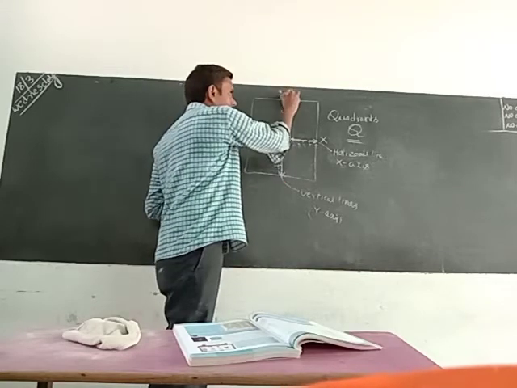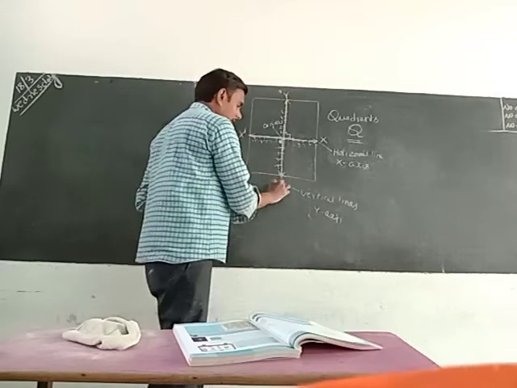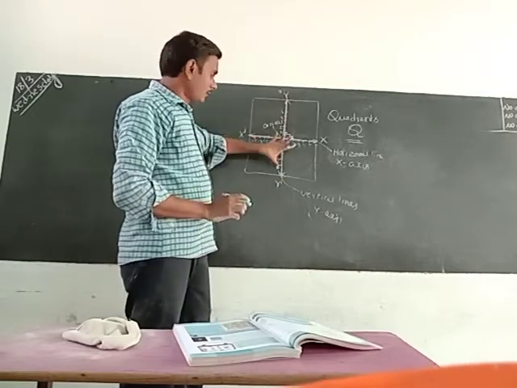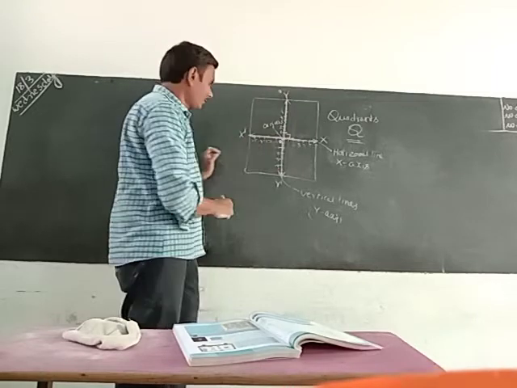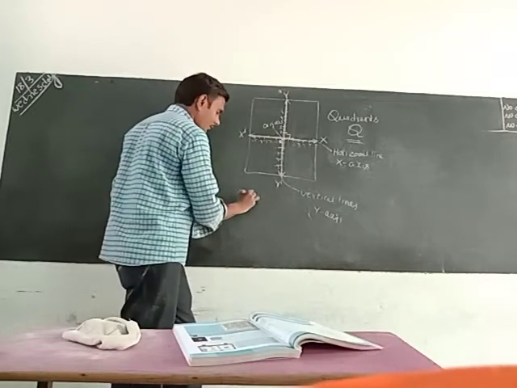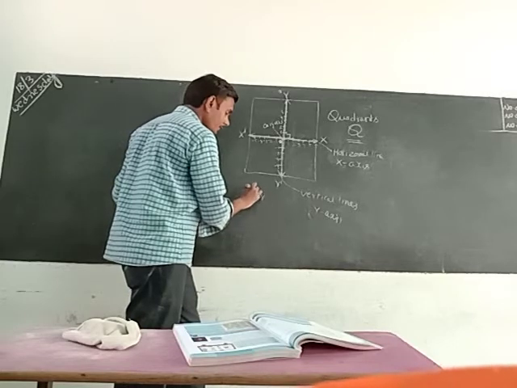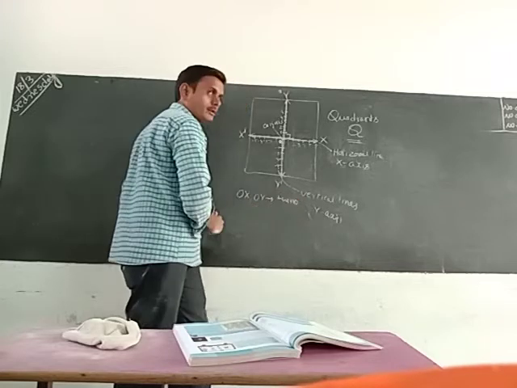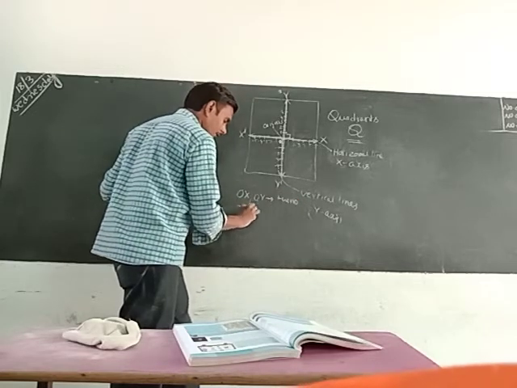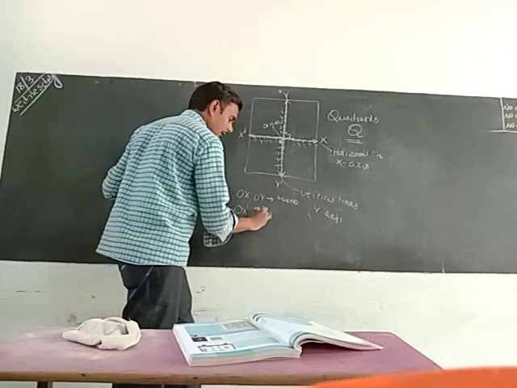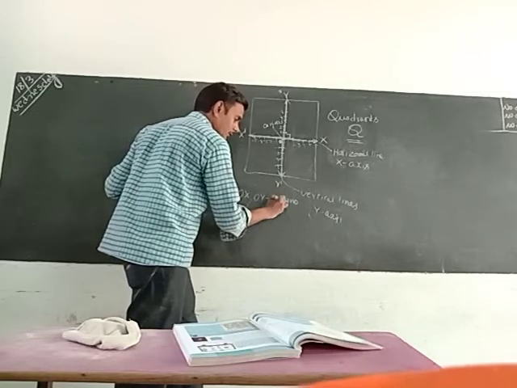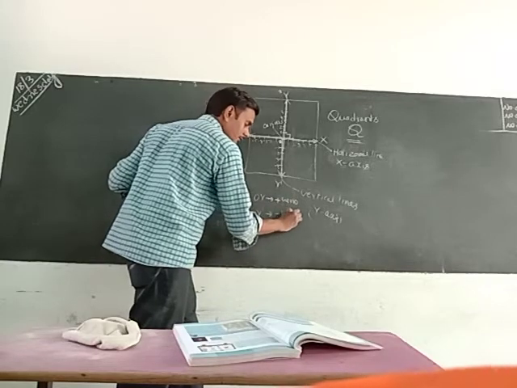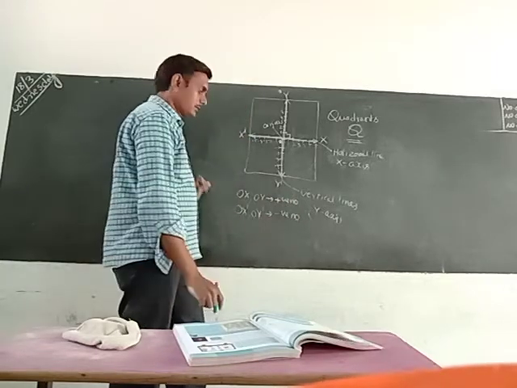Similarly, here also, it is the y-axis. This is Y power 1. That means OY has the positive numbers, OY dash has the negative numbers. OX, OY have the positive numbers. OX power 1, OY power 1 have the negative numbers.